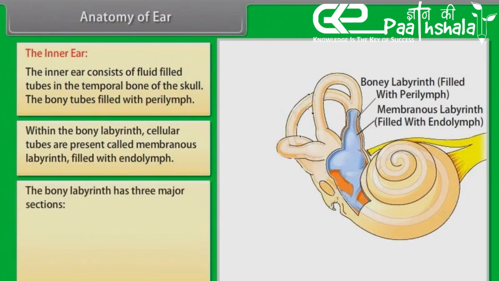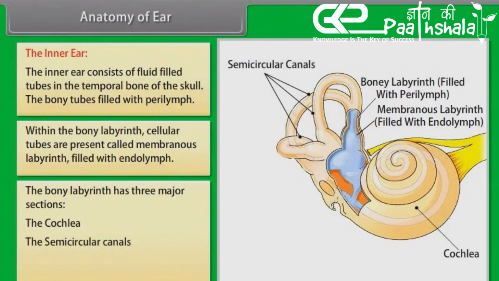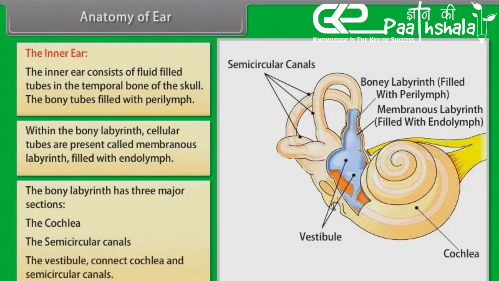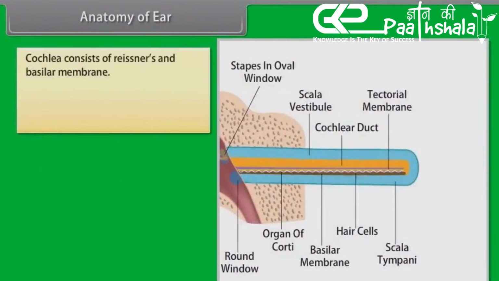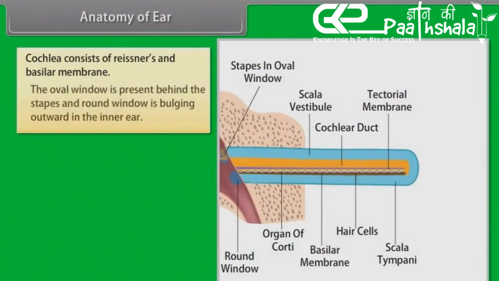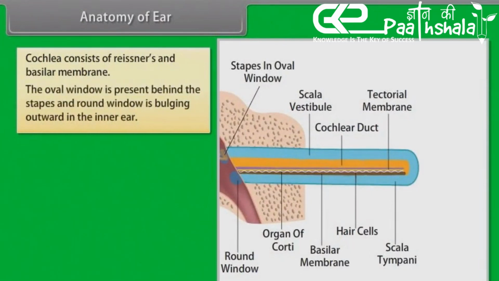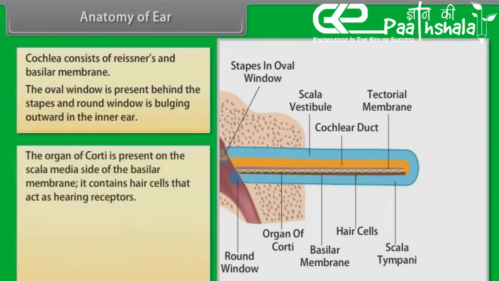The bony labyrinth has three major sections: the cochlea, the semicircular canals, and the vestibule connected to the cochlea and semicircular canals. The cochlea consists of Reissner's membrane and the basilar membrane. The oval window is present behind the stapes, and the round window bulges outwards in the inner ear. The organ of Corti is present on the scala media